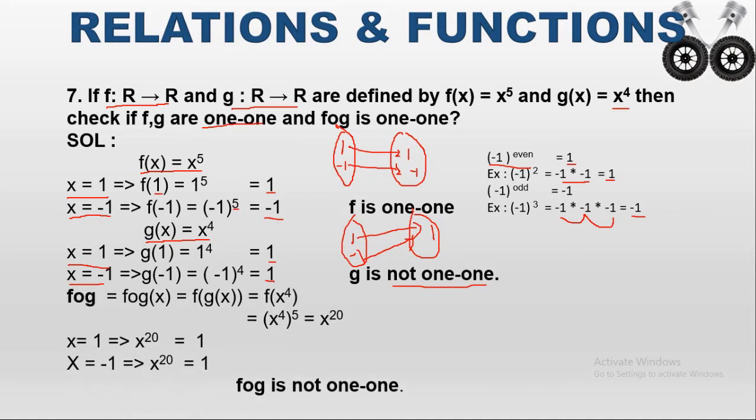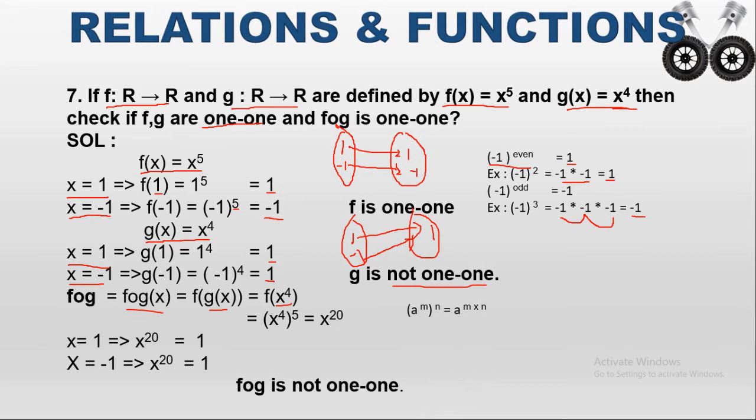So next you have to check the third condition. What is the third condition? f composition g is 1 to 1 or not. We have to check. So how can you write f composition g of x? That can be written as f of g of x. First you have to substitute the value for g of x. What is the value for g of x? It is x power 4. So f of x power 4. Now you have to substitute in the f of x values. In f of x, wherever x is, you have to substitute the value as x power 4. So x power 4 whole to the power of 5. So a power m whole to the power of n equal to a power m into n.